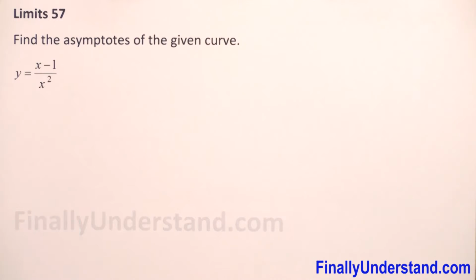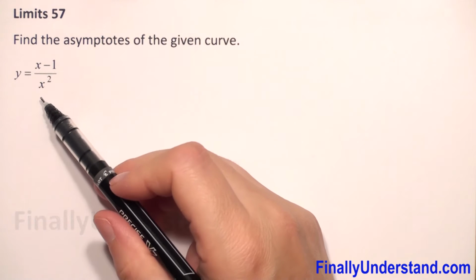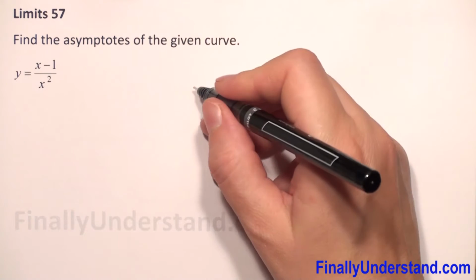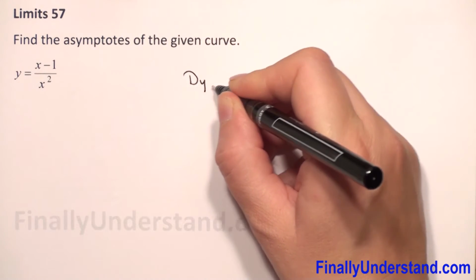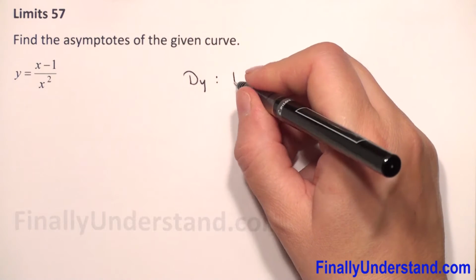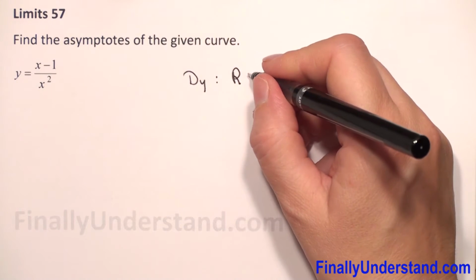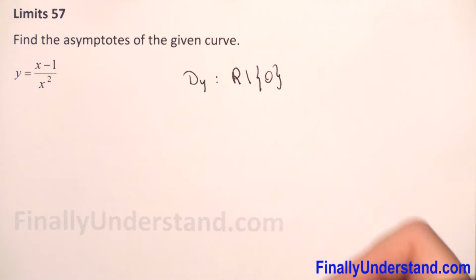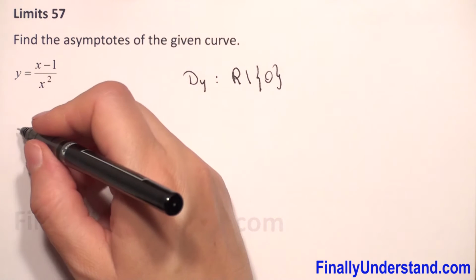First, we have to find the domain of our function. We see that our denominator will be equal to 0 for x equals 0. So the domain of our function y is all real numbers excluding 0. So now we have to check the limit of our function